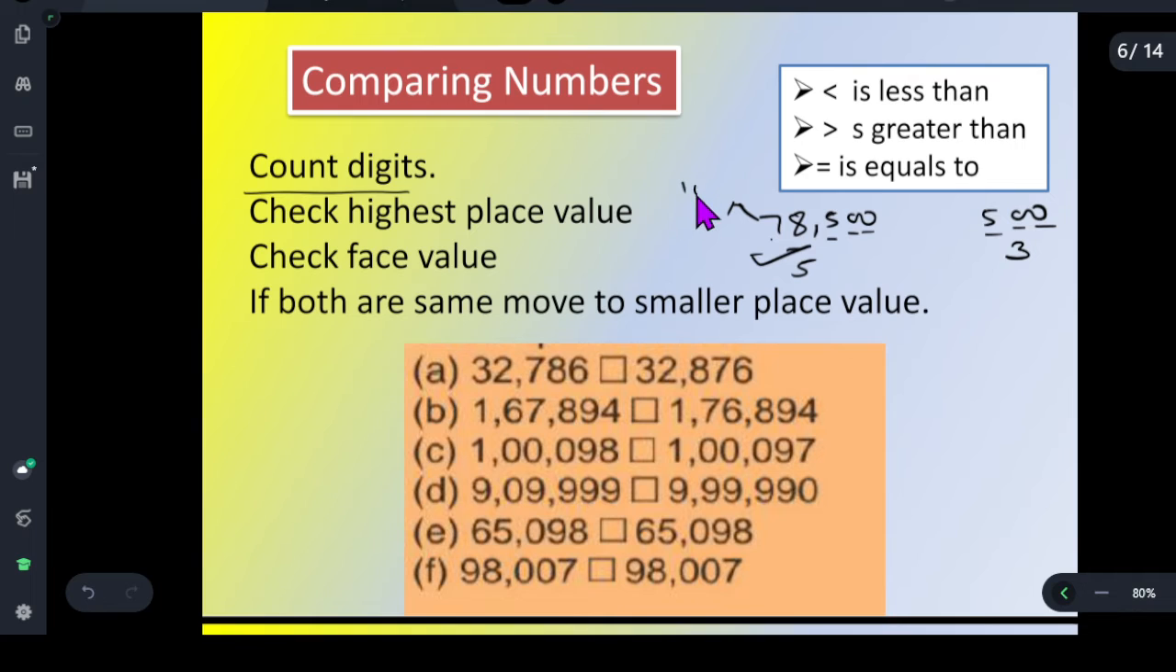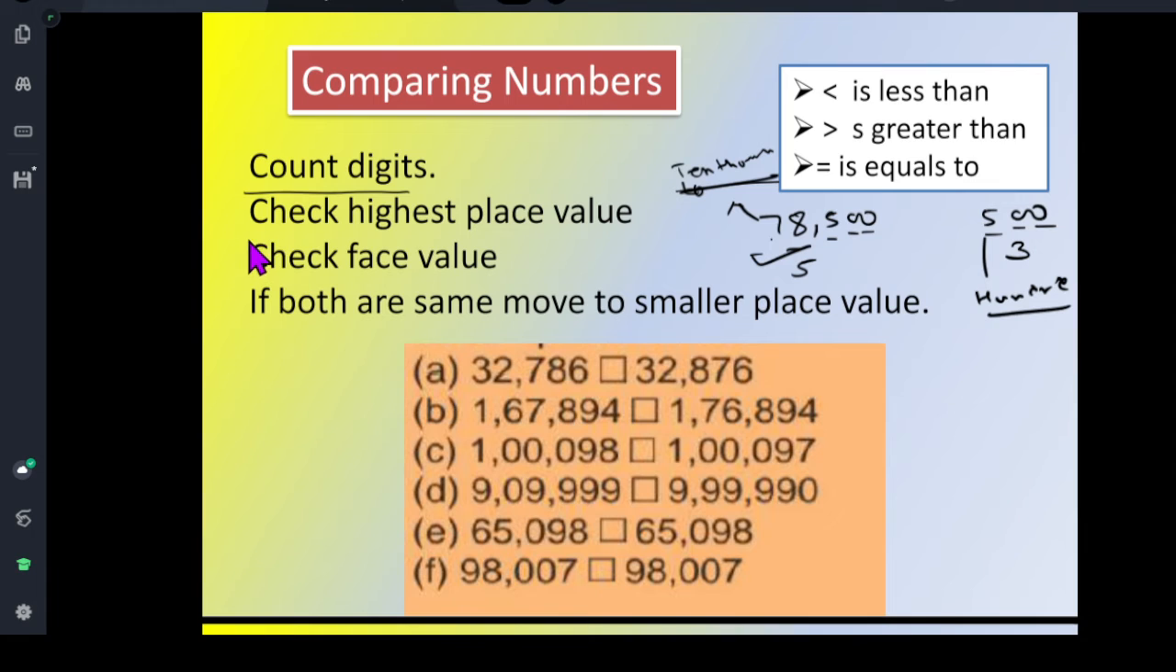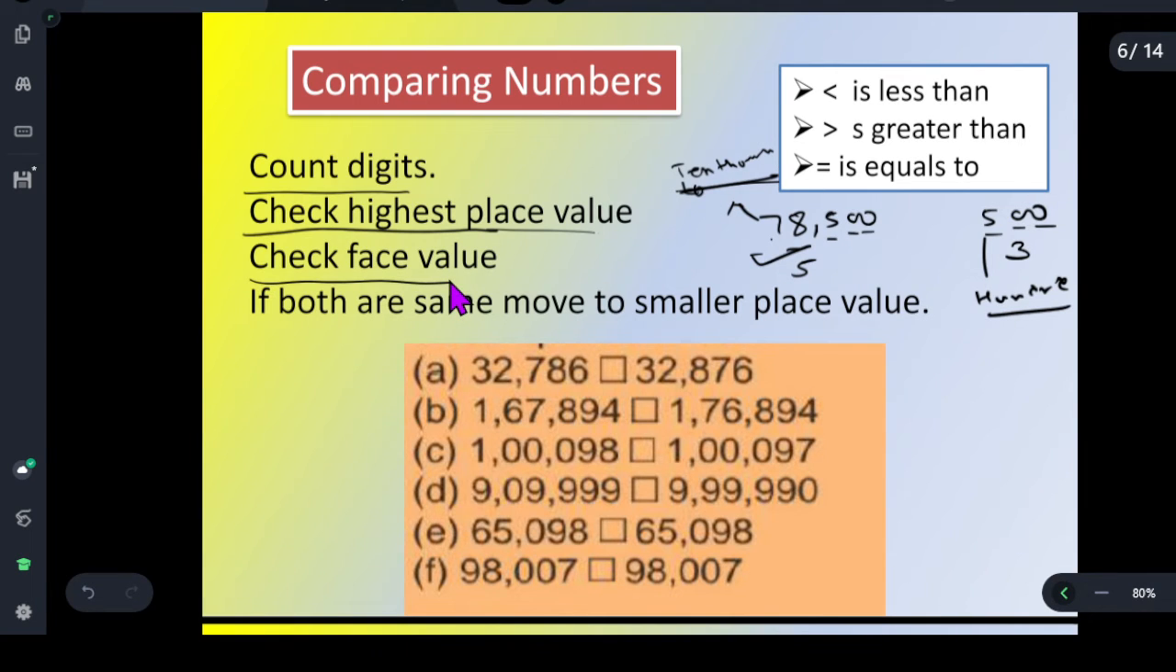Okay, it has a 10,000 place digit with 10,000 place value, and the other is hundreds. You know which is greater, hundreds place or 10,000 place? Obviously 10,000 place. Then check the highest place value. Recently I have shown you which is the highest place value, 10,000. Then check face value. If both numbers have the same highest place value and the same number of digits, we will